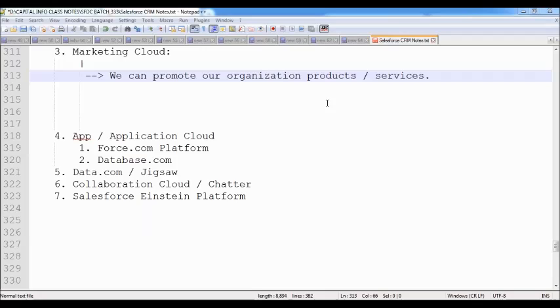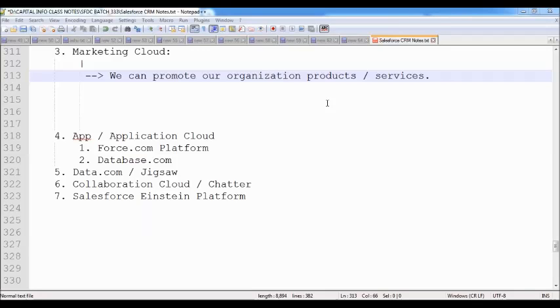But suppose I use those ways, we can promote the products within a specific area only. We can give the advertisement in a specific area only. We can conduct the campaign in only some specific areas. But my products are mobiles. Who can use mobiles? Everybody in the entire world. Not only in Hyderabad, not only in Bangalore, not only in India, in every country, people can use my mobiles. Then how can we promote my products in the entire world?